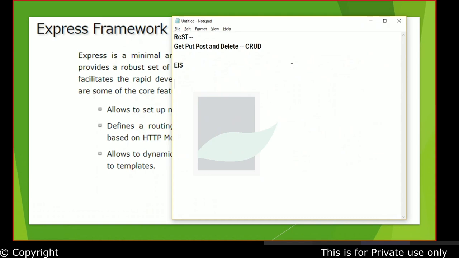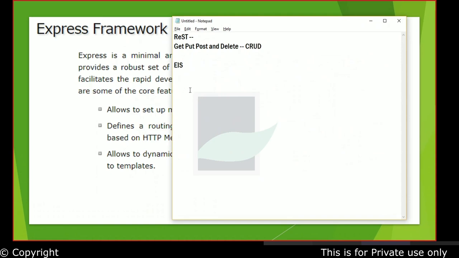Say an admin is managing the employees who are new joiners. They can add employees, and they can remove employees who are leaving the organization. So they can do multiple things using this site.